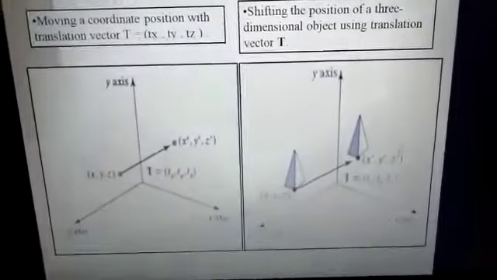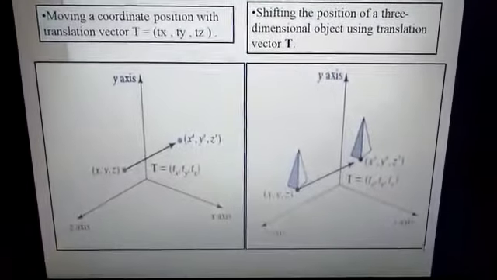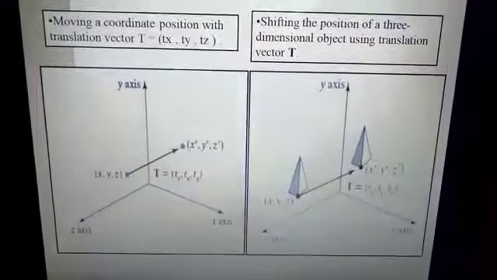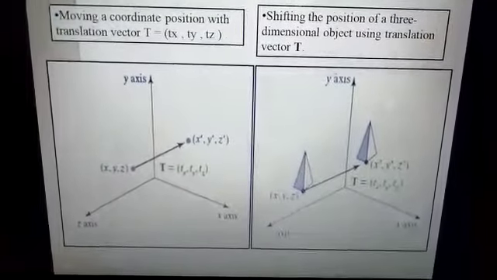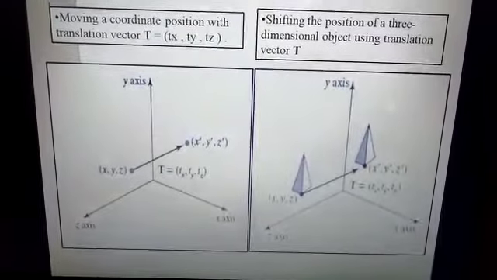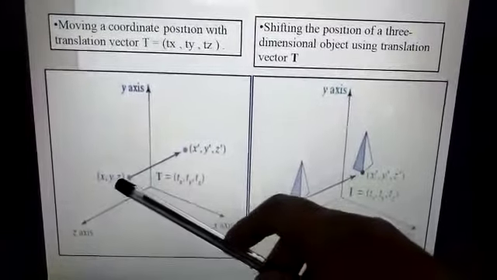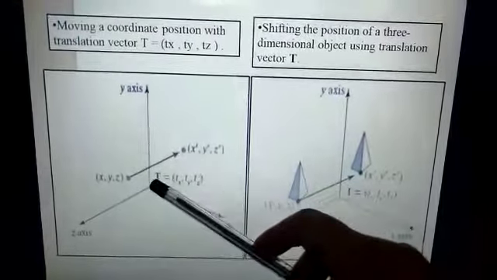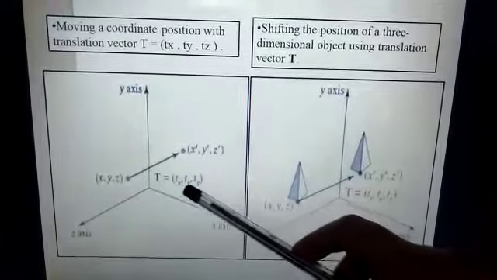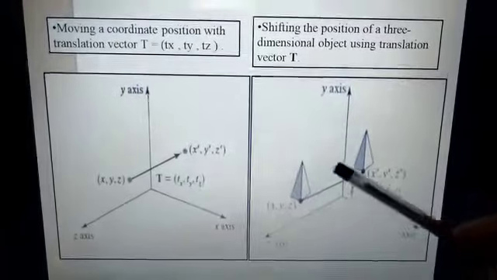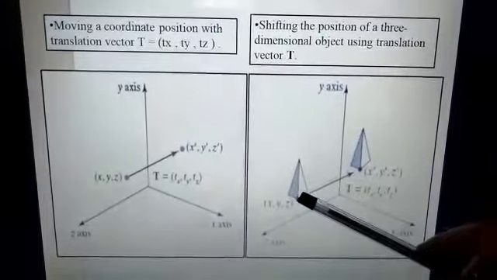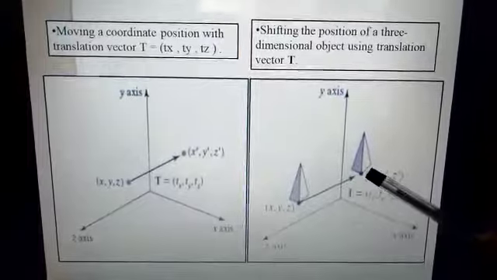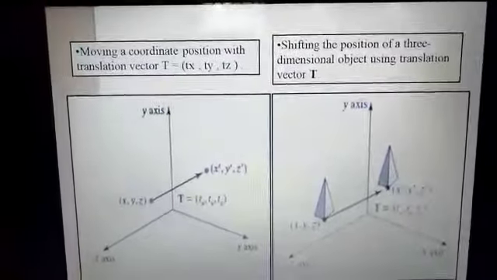As we can see in the picture here, what are Cartesian coordinates? Cartesian coordinates indicate the location of a point relative to a fixed reference point. As you can see here, we have translated from position P to position P dash with respect to T of Tx, Ty and Tz. We can see the object also in diagram B, which is getting translated from one position to another, that is P to P dash.